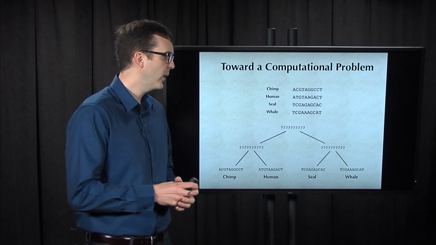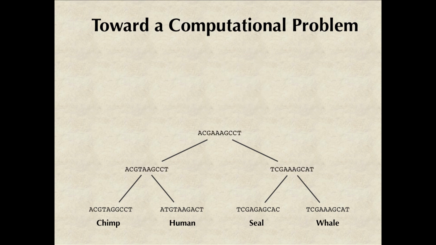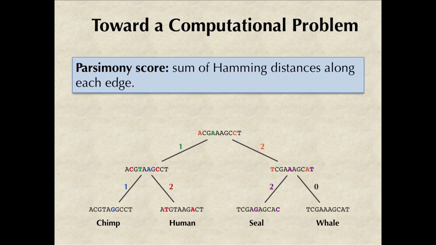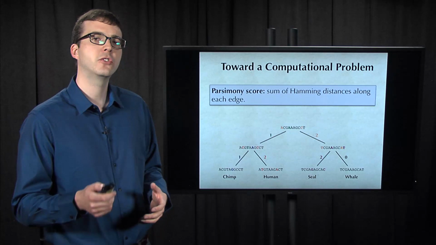To do so, we're going to need some way of determining how good an assignment of ancestral sequences is for a given tree. For example, say that we're given the following tree structure for the 4 species that we've been considering, and that we then assign the following ancestral sequences to internal nodes of the tree. We're going to define the parsimony score then of this tree as the sum of the Hamming distances along each edge of the tree. This tree has parsimony score equal to 8,